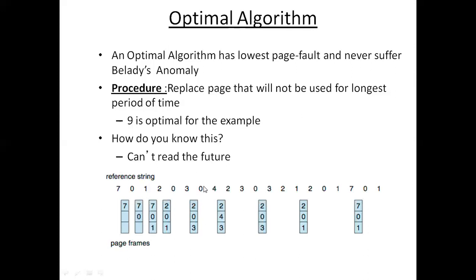Okay, next 0 is coming. Page 0 is already there, so you need not bother. Page 4 is coming. So which one do I select? 2 is wanted immediately, 3 is wanted after that, 0 is wanted after that. So 2 and 3 are wanted very immediately. So remove 0 and place 4. Now pages 2 and 3 are required, and those are already there in the physical frame. Then page 0 is coming. So look at the usage of 2, 4 and 3. 2 is required here, 3 is required here, and 4 is not at all required. So remove 4 and put 0.